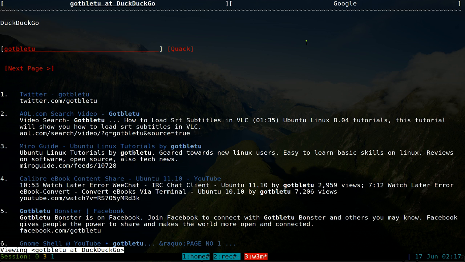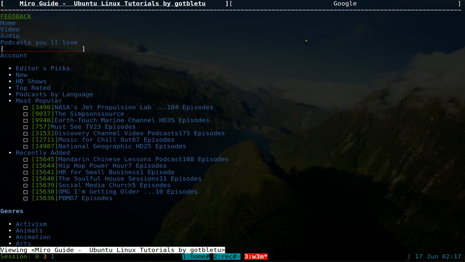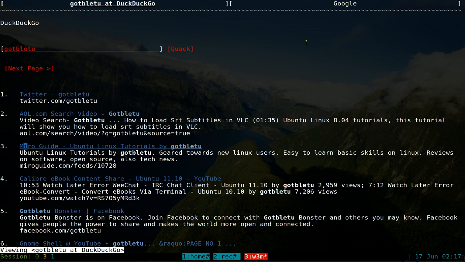Other things. Oh yeah, I said that you can go backwards, but you can't really go forward. But there's a workaround for that. For example, if I go to this mural guide here, I push Enter. If I go Shift and B, I go back, but I can't go forward again. There's no hotkey to go forward. I'm not sure why they don't have that, but